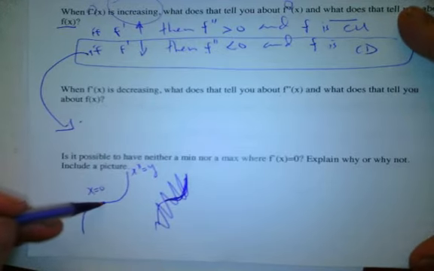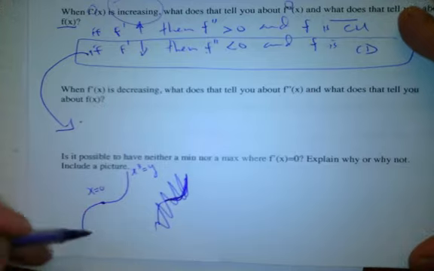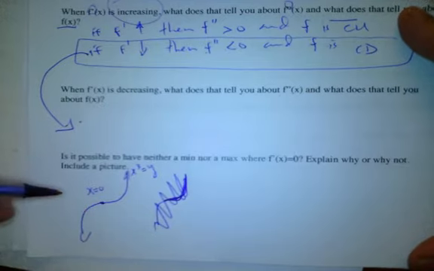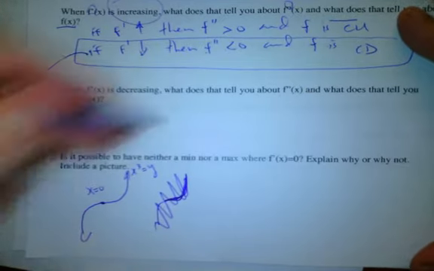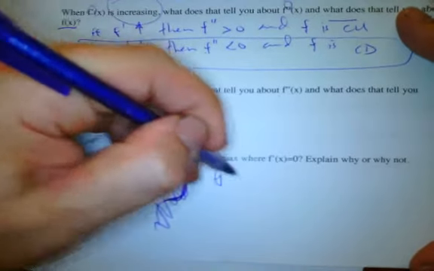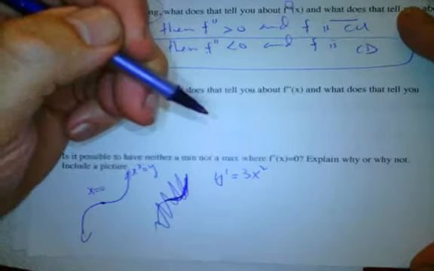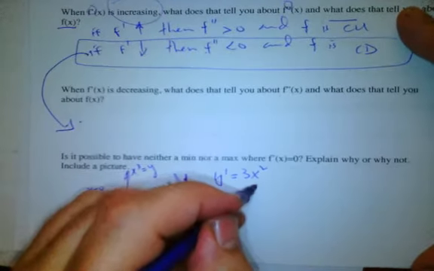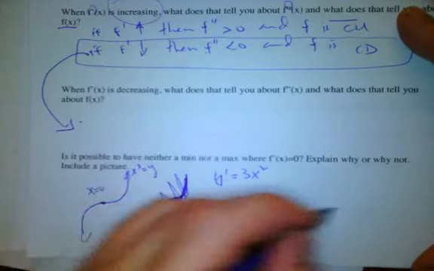No, that's a terrible graph. Sorry. Let's try again. There. And there. So that's x equals 0, and this is y equals x to the third. And what can we say about the slope there? Well, the slope at that point is 0, but I don't have a min or a max at x equals